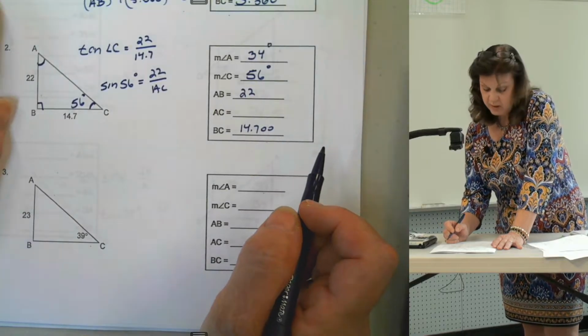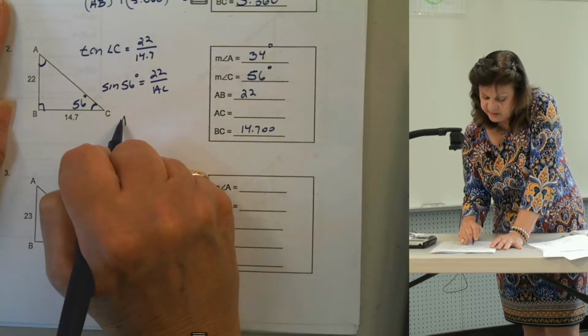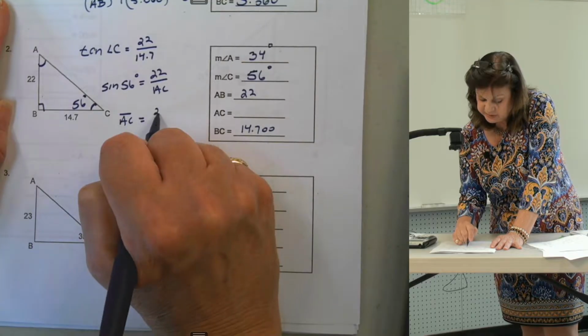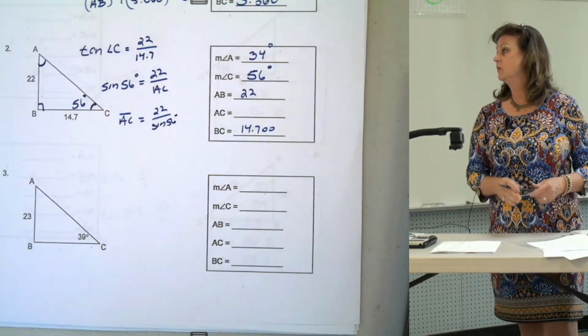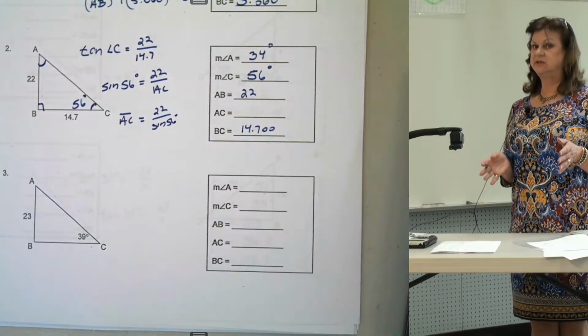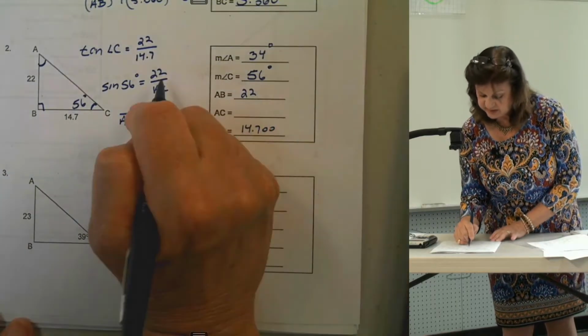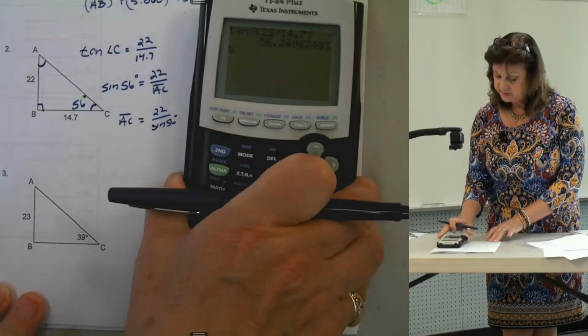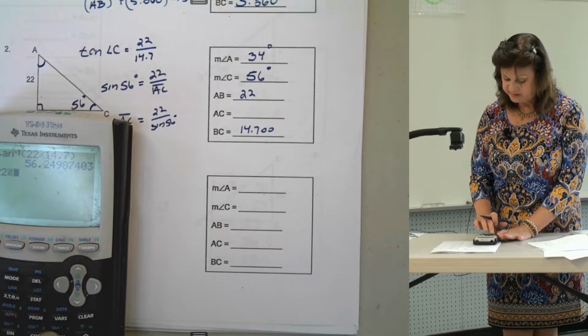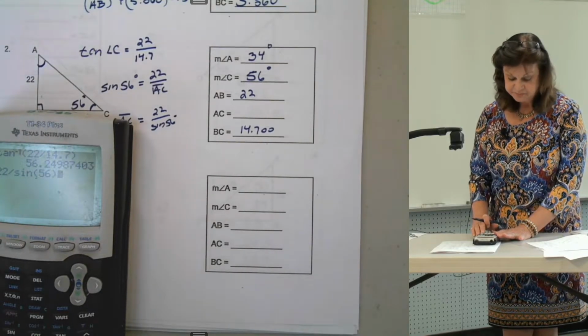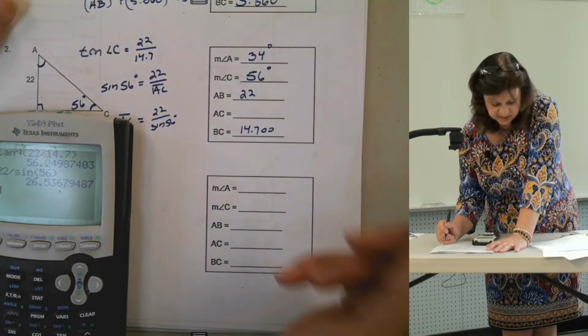So the length of AC is going to be 22 divided by the sine of 56. We're multiplying both sides by length AC, and we're dividing both sides by sine 56. So 22 divided by the sine of 56 degrees, we get a length of